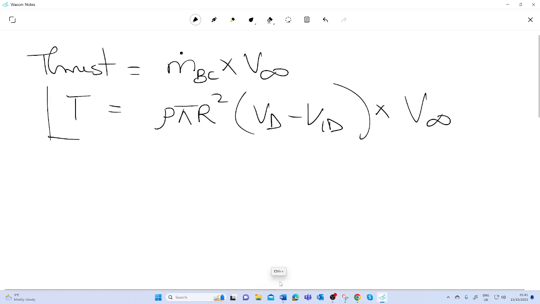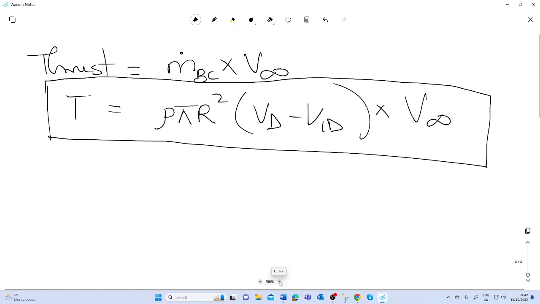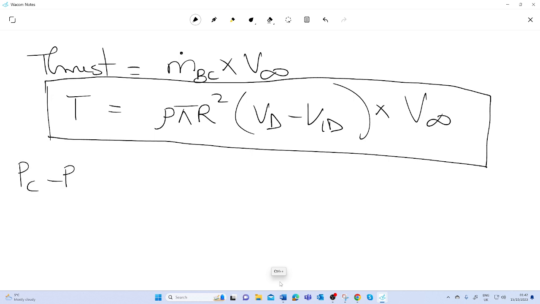And this is another major equation we'll be needing very soon. Now that we have thrust to be rho pi r square (Vd minus Vid) multiplied by V infinity, then we can also deduce that Pc minus Pb equals half